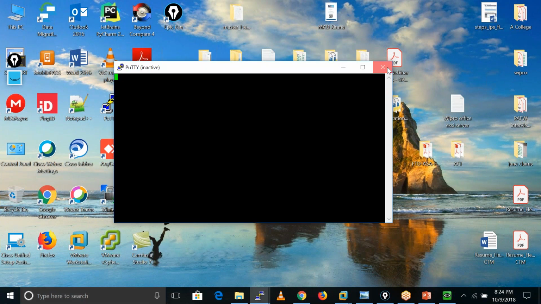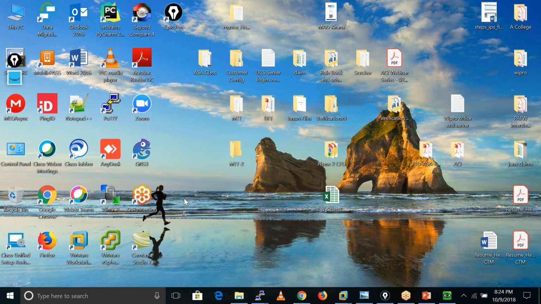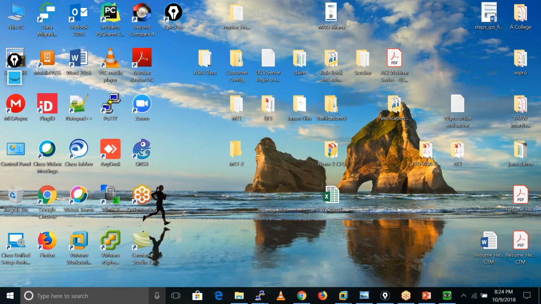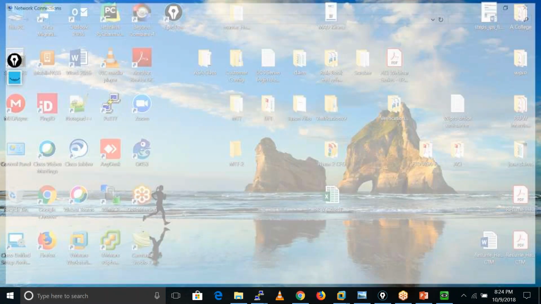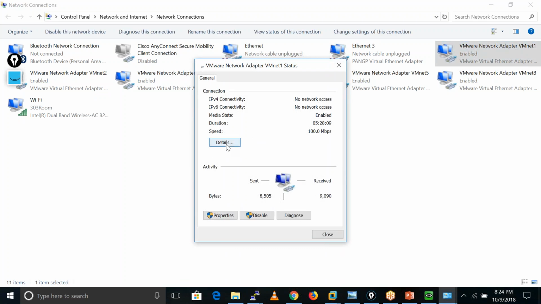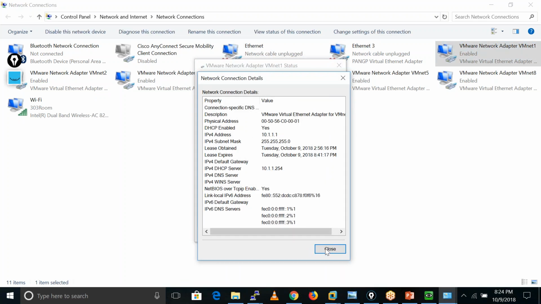I'm not getting it. Let me try to ping and see whether I'm able to ping from here. Before pinging, let me check whether my adapter has the correct IP address. If this is correct, everything is fine.